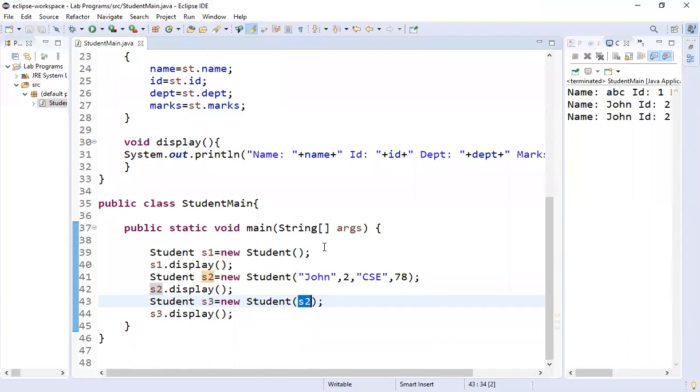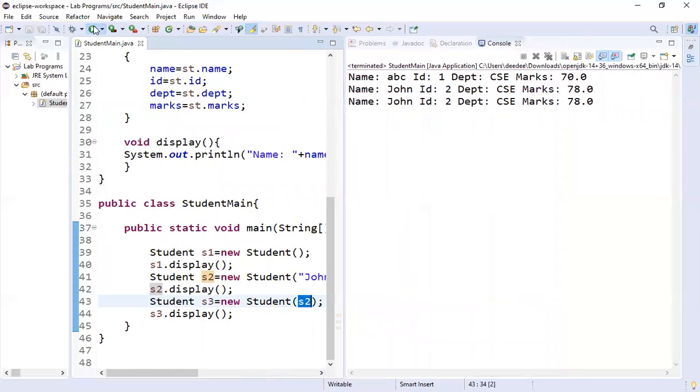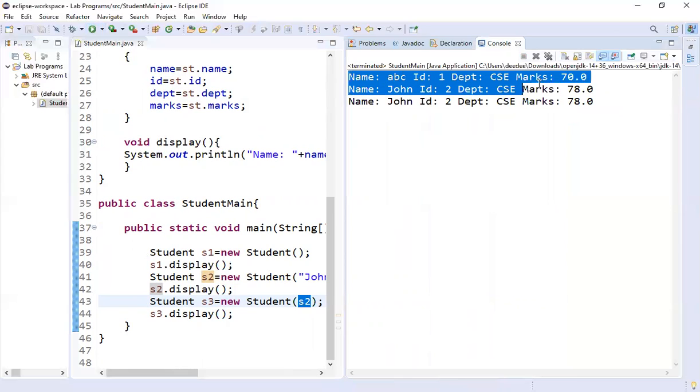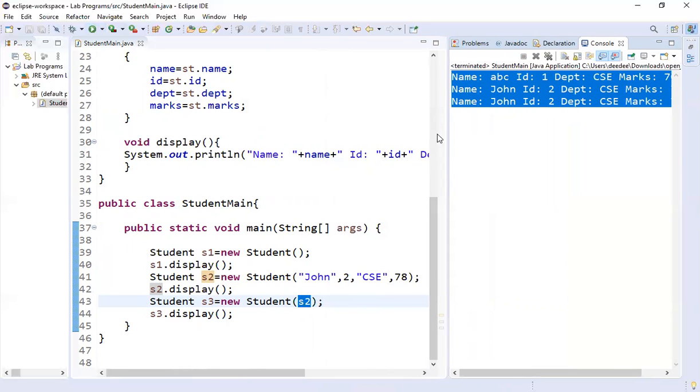So this is your simple constructor program where you have defined a class, you created constructors, you overloaded them, and then you have instantiated the object. So this is your first program. You can see on the right hand side the output for this. When you run this, you will get the outputs 3 times. It is printed because we have called the student object 3 times. This is your simple first Java program. Thank you.